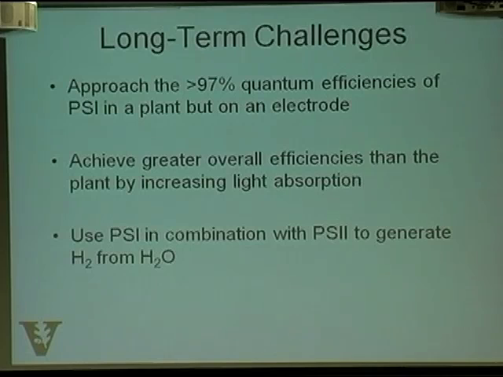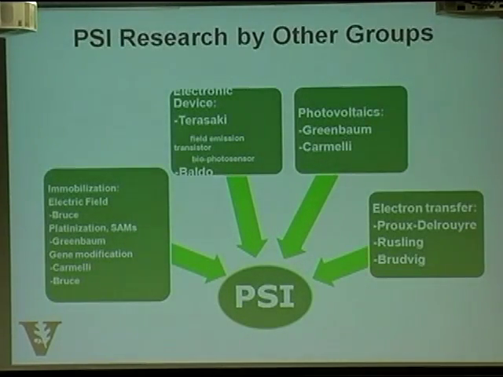Okay? So I mentioned earlier to you PS2, Photosystem 2, as part of photosynthesis, splits water. Photosystem I can be modified in a way to actually take those protons from PS2 and then reduce them down to hydrogen. So working in concert, the two of these could actually be used in a cell to take water to hydrogen. Okay? And that would be a big step in powering the hydrogen economy. That's something we're beginning to look at. Okay? So